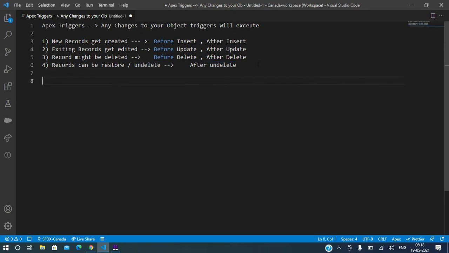And the next thing we need to remember is trigger context variables. What are trigger context variables? See, now we have events, right? Before insert, after insert. How will you get to know what is before insert, what is before update, what is after insert?